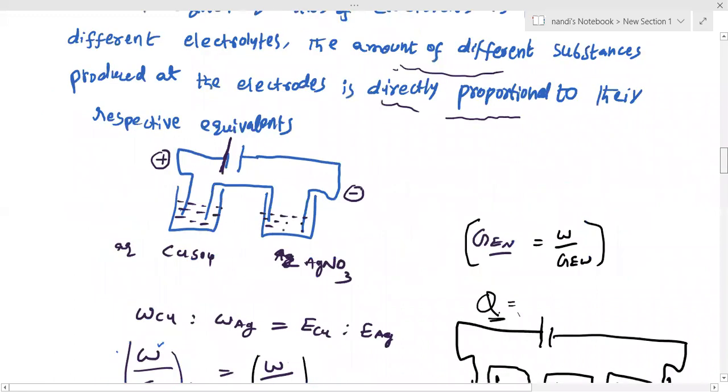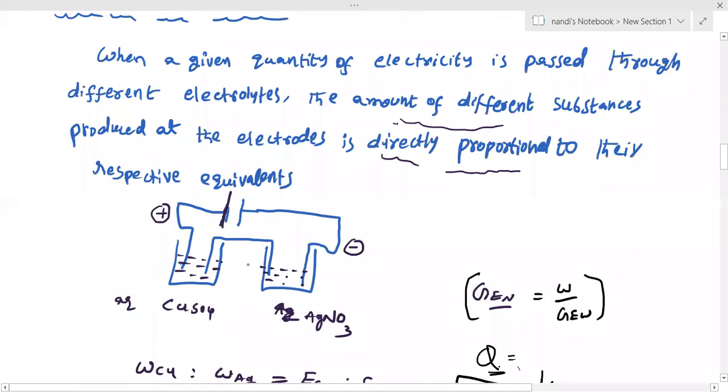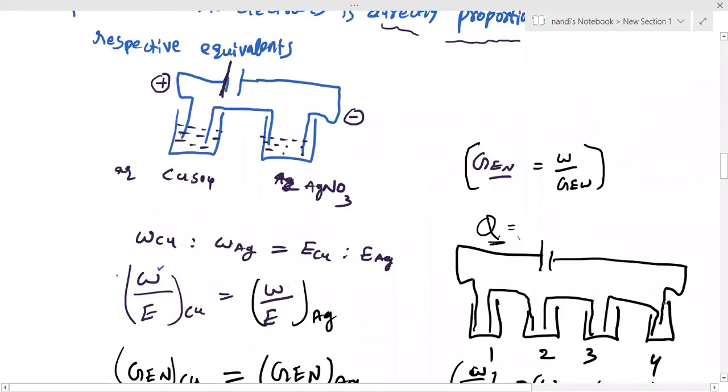Here you can see these are the two electrodes we arrange in series. You can take too many electrodes, sir. In the series you can take 1, 2, 3, 4. I connected all these in series. I am sending the same amount of electricity through all these electrolytes. How much substance is deposited at each electrode, and what is the relation between those substances in different electrolytic cells? Suppose one substance is deposited, and cell 2 also deposits. Is there any relation between 1 and 2? That relation only we are going to calculate here.